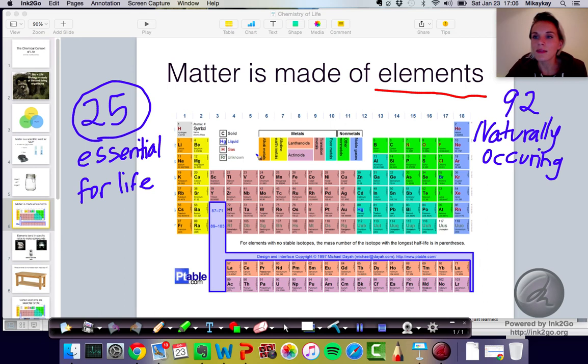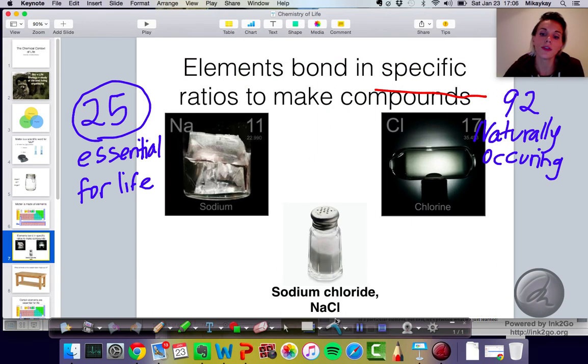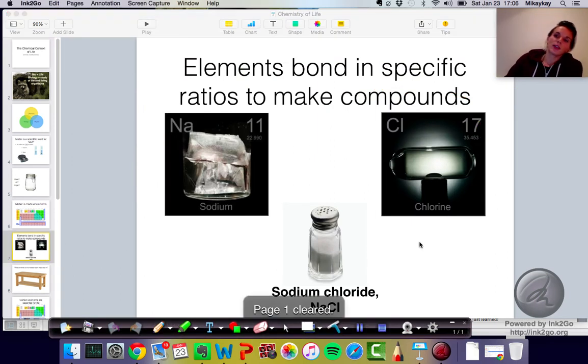Because these elements can live, or live maybe is the wrong word, exist individually, as an element by itself, as a pure substance. But the reality is that they actually spend a lot of time interacting with one another. And when they interact with one another, they sometimes form compounds. And that's really important to understand. And again, a lot of this stuff should be review from your chemistry class, but it's always good to review it.